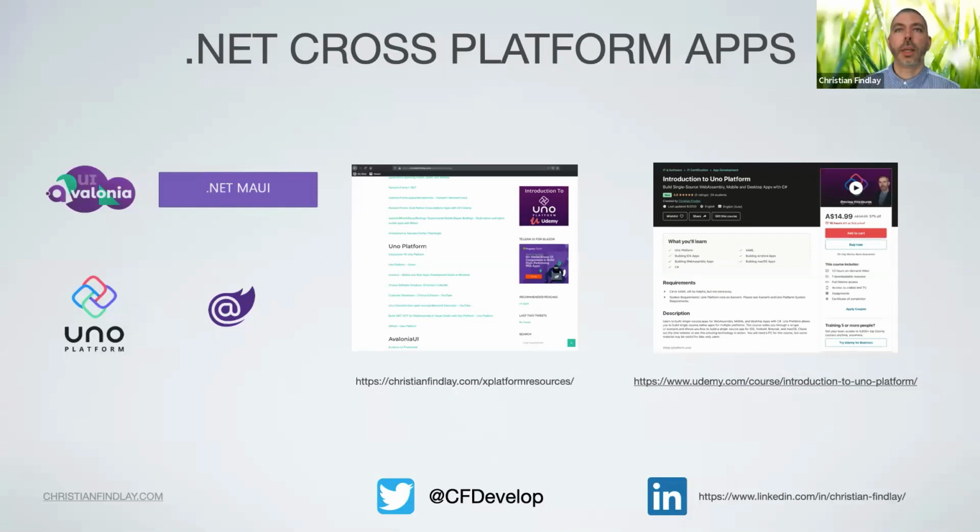Yeah, sure. So thanks for joining, everyone. It's good to see technology evolving for 2020. If everyone can see that first page that I've got up now, I've put together some resources about the talk today. I'm going to mention some different technologies. The main technologies that I'll be talking about are Avalonia UI, .NET MAUI, Uno platform, and Blazor. On my website, I've put together a bunch of resources that I'll be talking about.